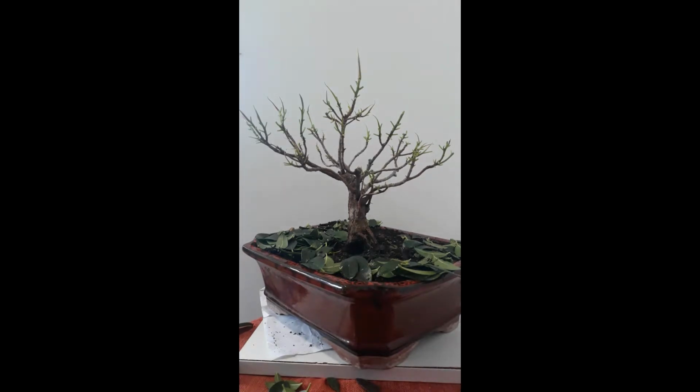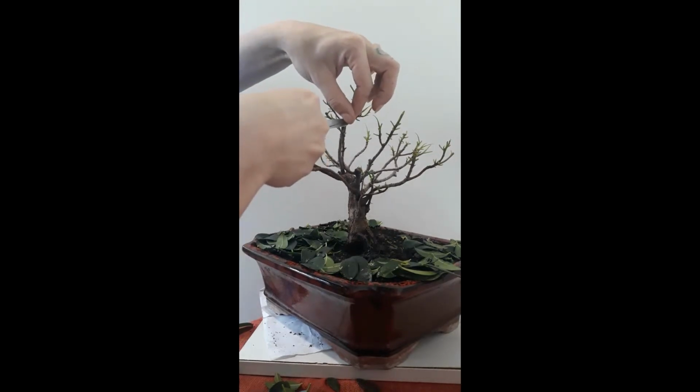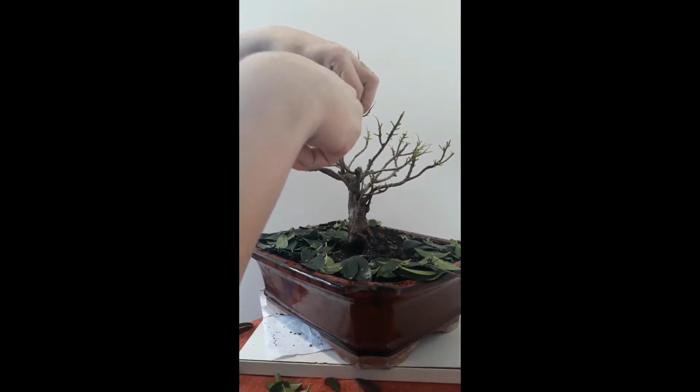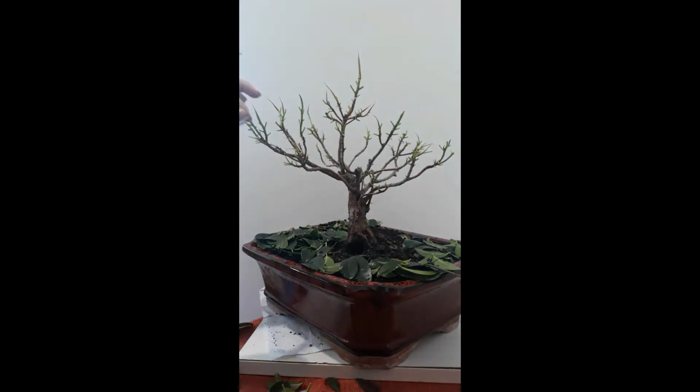So yeah, I'm just going to go through, and if I don't cut all the tips, then that branch will start becoming a leader, which you don't really want. I've actually got smaller scissors. I might just get the smaller scissors for this. But yeah, I'm pretty much just going to go through and shorten it back,